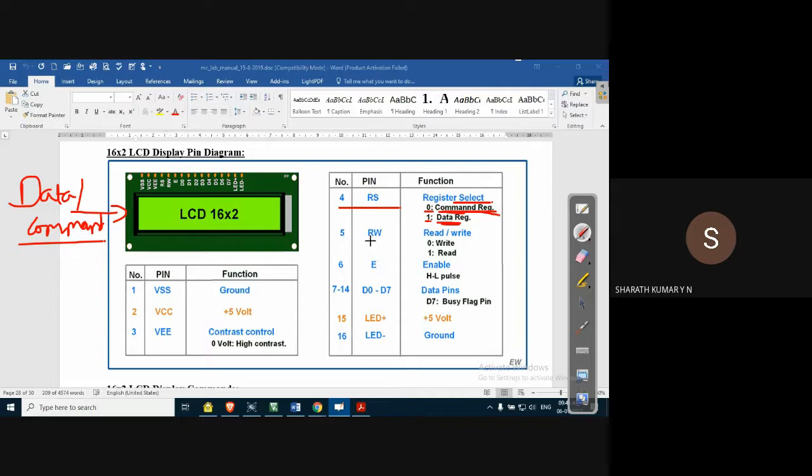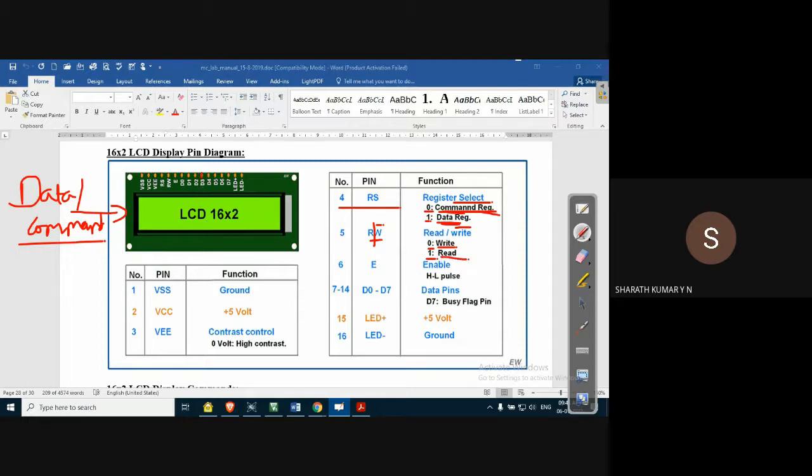Pin number 5 is RW, actually R/W bar. A single bit is used for two purposes: read, write bar. When the bit is 0, the LCD display is written with data or command. When pin number 5 is 1, the content of the register will be read by the microcontroller.